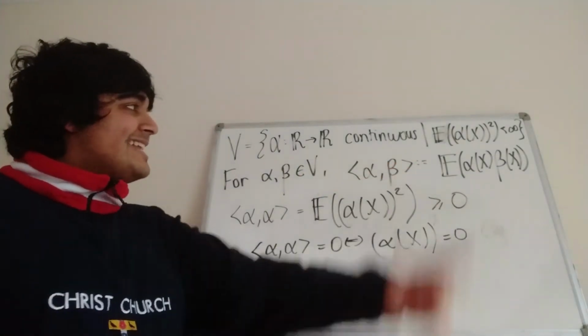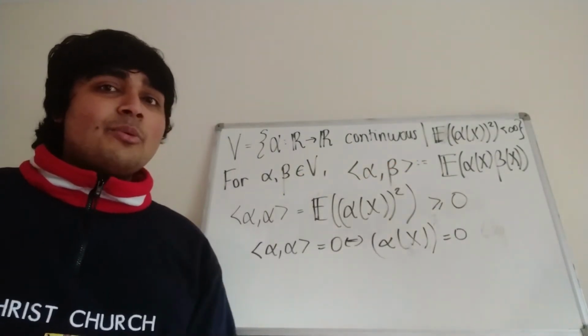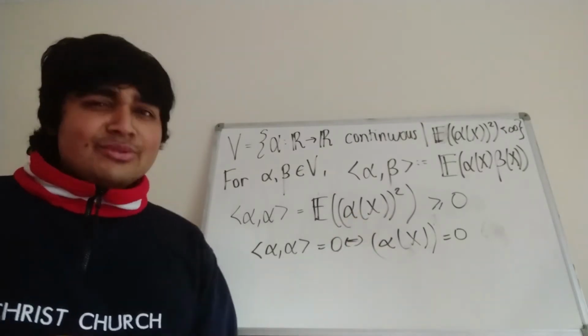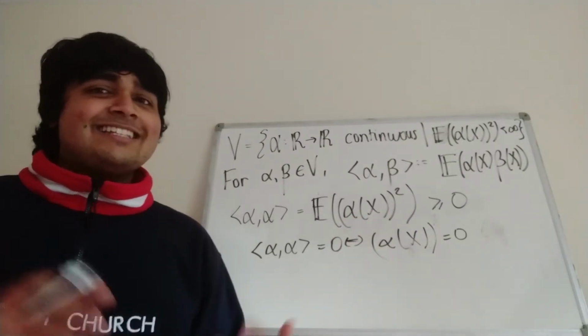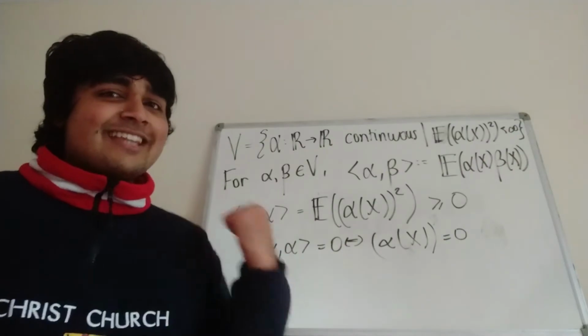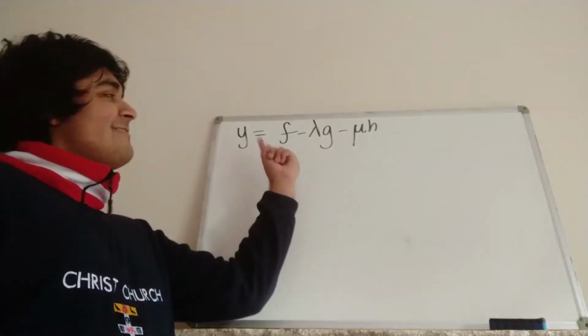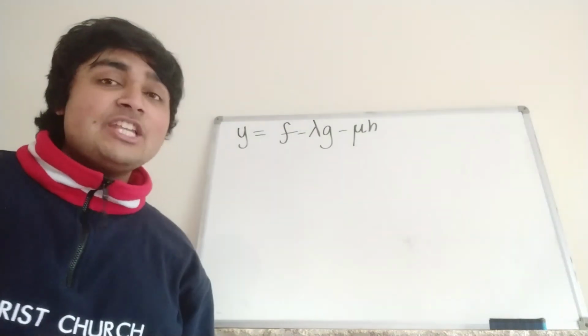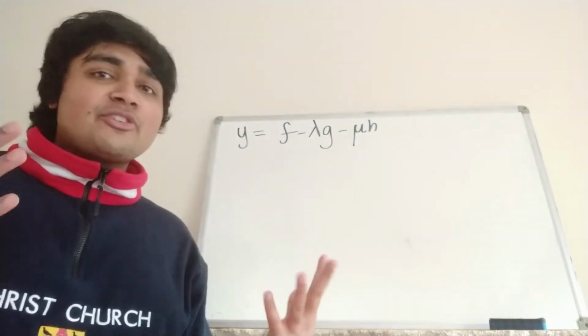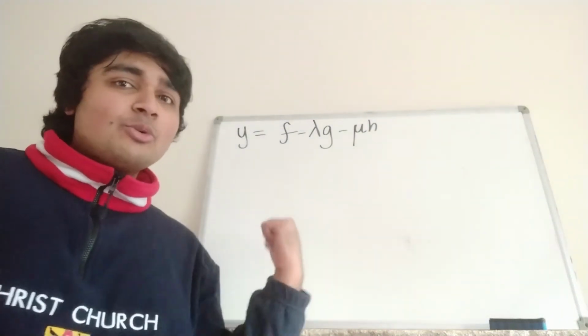Okay, so this guy here is indeed an inner product. Now what we're going to do is clear up the whiteboard and use the fact that it's an inner product, and hopefully that's going to tempt out some Cauchy-Schwarz to get the desired inequality. Okay, so now what we're going to do is introduce y. It's going to be f minus lambda g minus mu h. Here, lambda and mu are just some arbitrary constants which we're free to choose, and we'll choose them in just